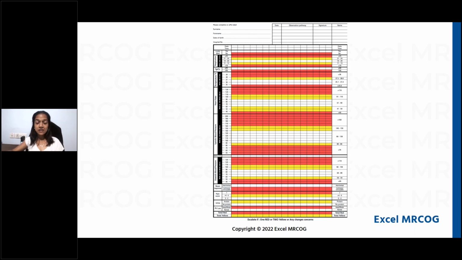Why is the MEOWS chart being used in the first place? Because you can just look at it and see if any parameter is falling in the red zone and then pick it up. Okay, so that is how you save your time in the exam when you're given a MEOWS chart to read, and you just have to look at which is amber, which is red, which is white. If it is white, you ignore it, it's normal, white zone. Then if it is in the red zone, you know that this is serious. It's very easy to interpret a MEOWS chart when you know that red means danger. So that's the thing about the MEOWS.